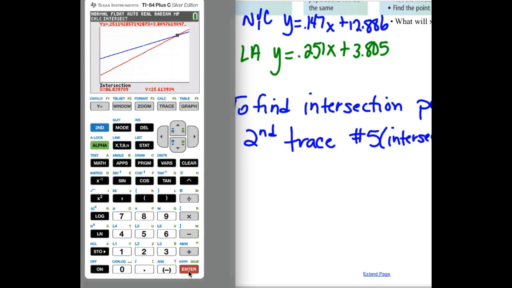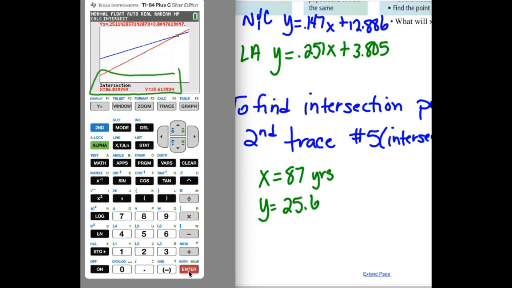So looking right down here, we are given the x and y values where those two lines intersect. So our New York City and LA populations will match when x is about 87. And remember, x was years. And our y value, which is our population, was 25.6. But again, that was in millions. So to answer this question,